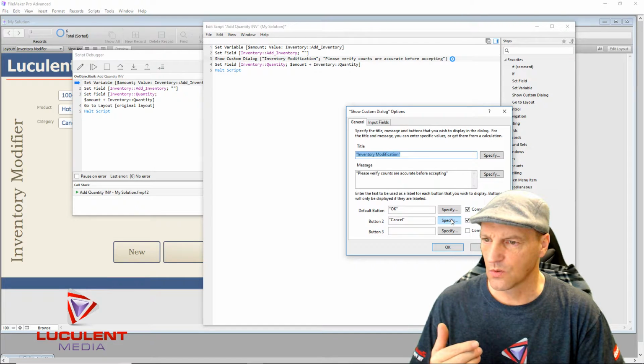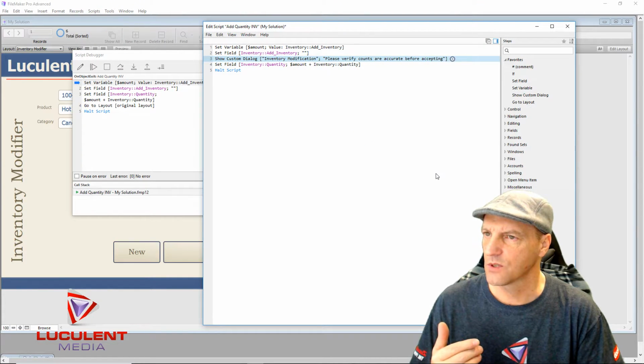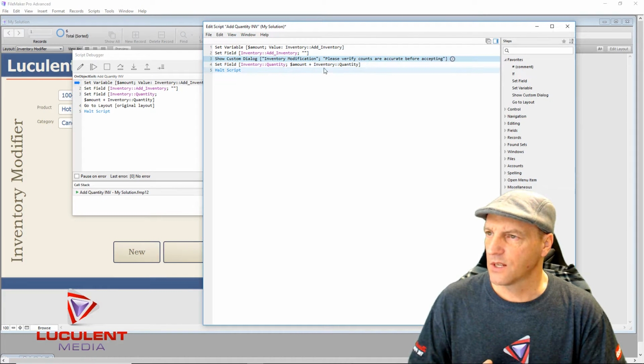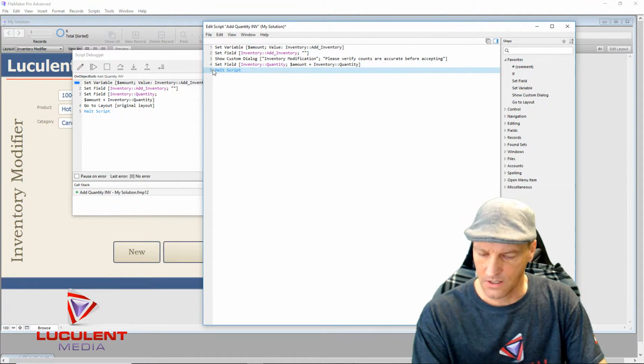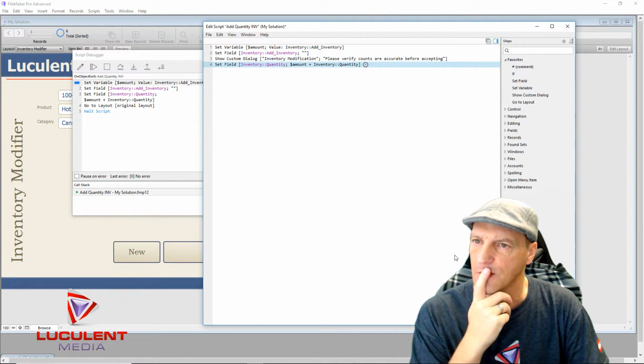But I'm not sure why it is not canceling. Well, let's see what happens. We'll just add that. And then set the field, inventory modified, and then halt script. And then let's get rid of the halt script for now